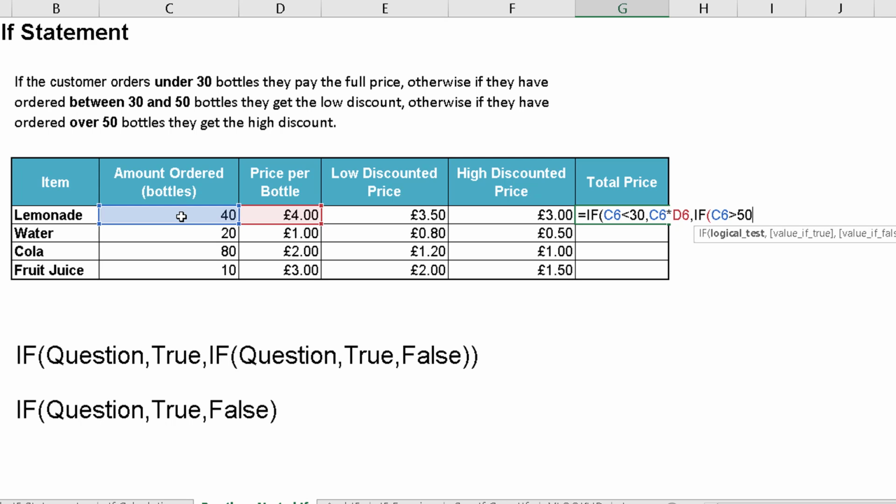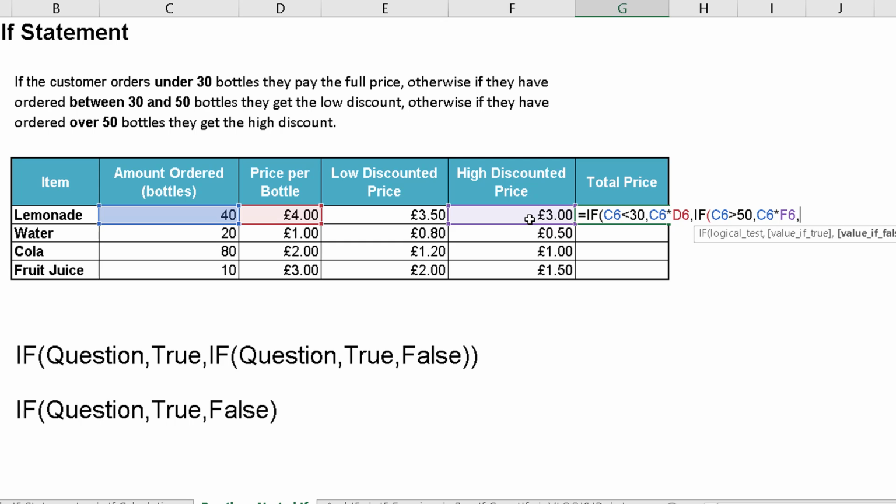So if the quantity is greater than 50, comma, the value if it's true means that they'll be paying £3 per bottle. So I want it to do a calculation based on that price. So that will be take the quantity and multiply it by the £3 price,